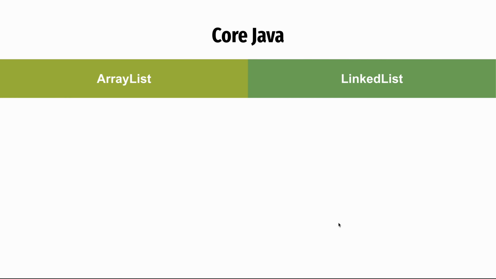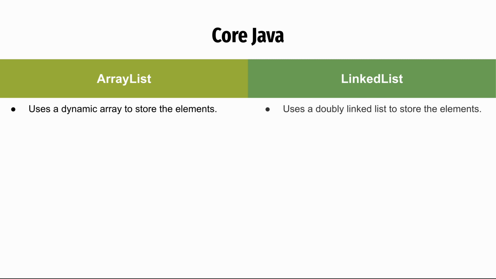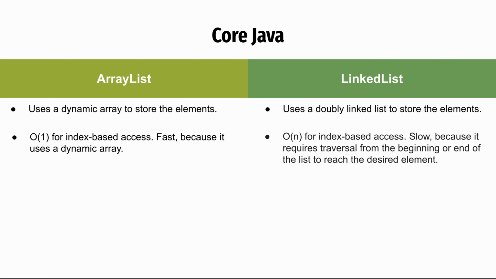In this video, we'll go through one of the important interview questions: the difference between ArrayList and LinkedList. ArrayList uses a dynamic array to store the elements, whereas LinkedList uses a doubly linked list to store the elements. O(1) for index-based access is faster because it uses a dynamic array, whereas O(n) for index-based access is slow because it requires traversal from the beginning or end of the list to reach